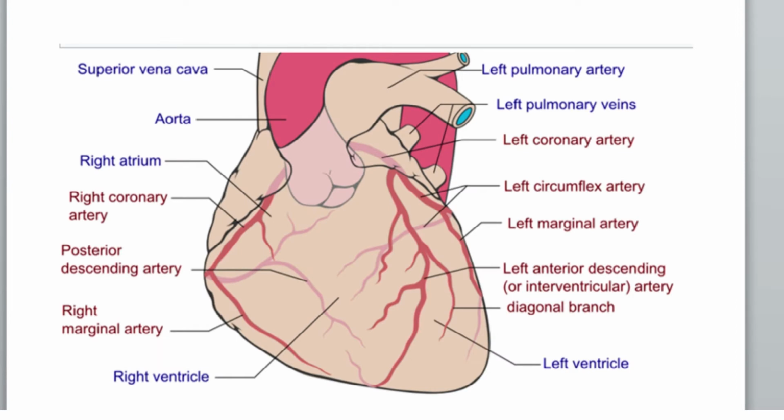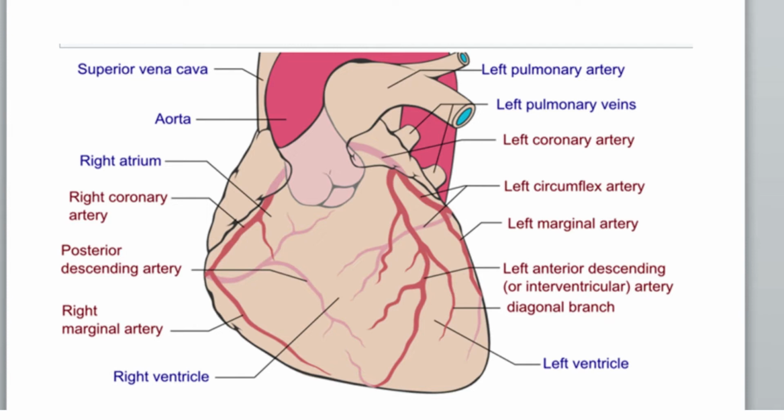Let us look at the left coronary artery, LCA, first. It gives out two branches initially. The first branch descends on the anterior aspect of the heart. Hence the name of this branch is the left anterior descending artery, or LAD. The LAD supplies a major portion of the left ventricle, a small portion of the right ventricle, and anterior 2/3